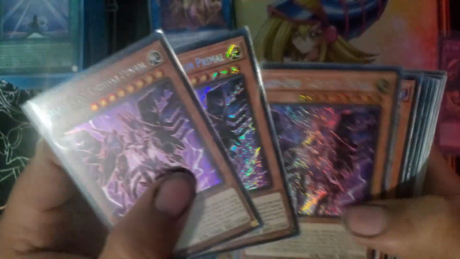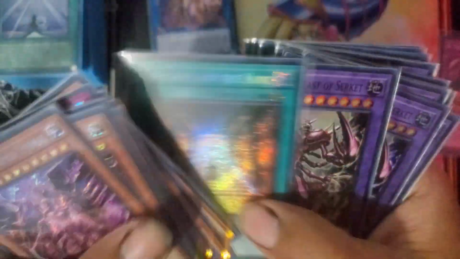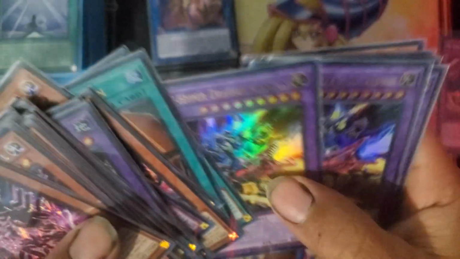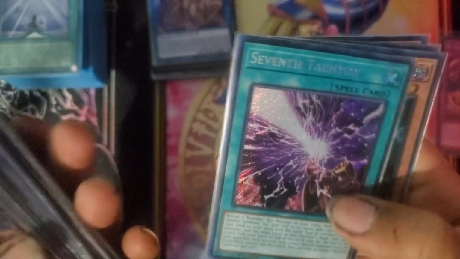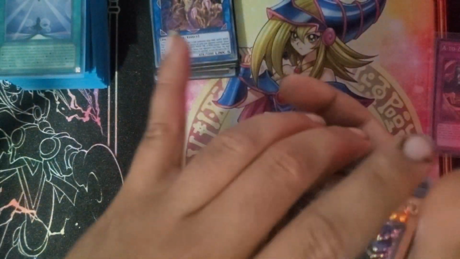which is I got like 3 copies of Tech on Prime, 2 of Switchgerald, or I don't know how to say that. I got 2 of Draxluxion. I got a Verdict of Anubis, the Judge, Serket, the Treasures of the Kings. These are just the supers that I was holding on for later. I got 2 X-Cross Canyons, 2 Union activations. Almost 2 of everything regarding the new Kaiba cards, honestly. The Union Controller. I did get 1 Number 7 Tachyon, 1 Singularity Fiend, and then a Duke of Demise, and 1 Ancient Gear Statue. The only Ultra that was missing after that was